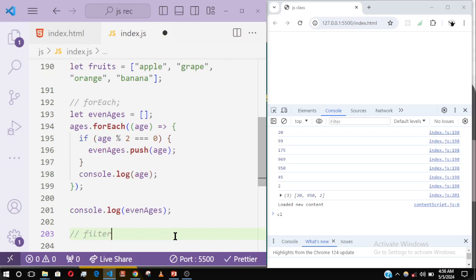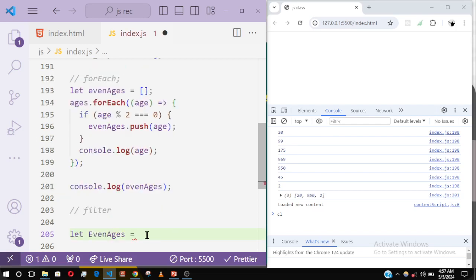So we can say let evenAges, or evenAges, remember that this one is small even and this one is big even, so it should not conflict. JavaScript is case sensitive. So let evenAges be equal to ages.filter,